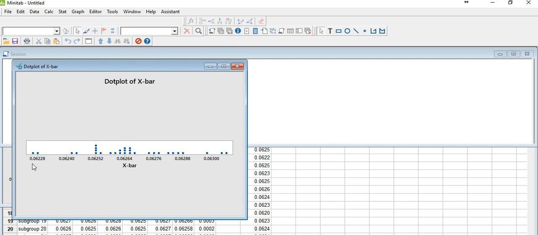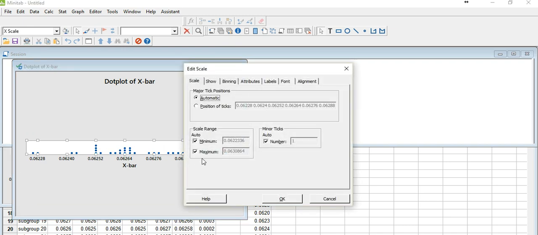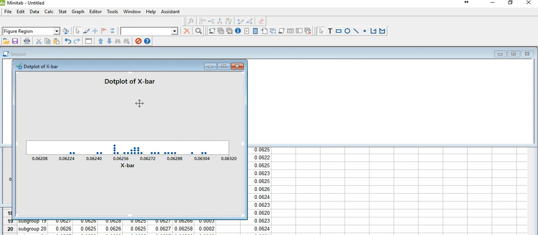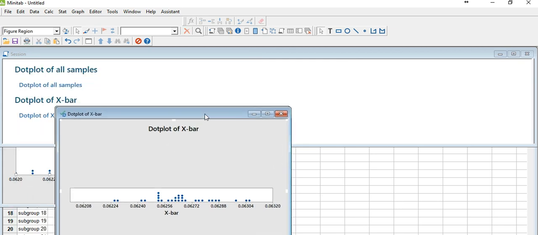And again, you can change the range by double clicking the x-axis and changing the minimum and maximum values, so that you can easily compare the average with